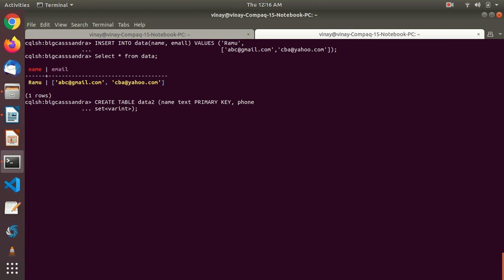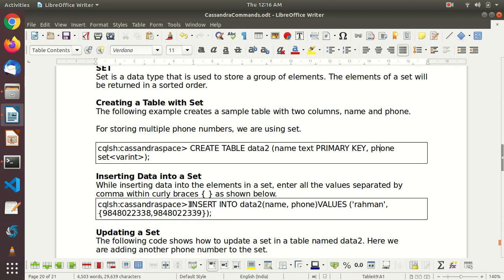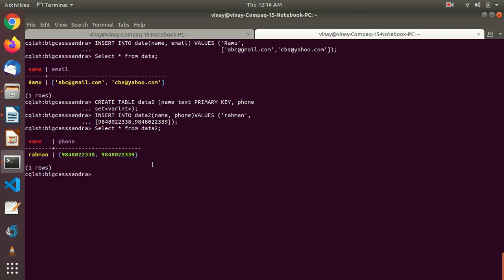Data2. Let's insert data also. Let's do select star from